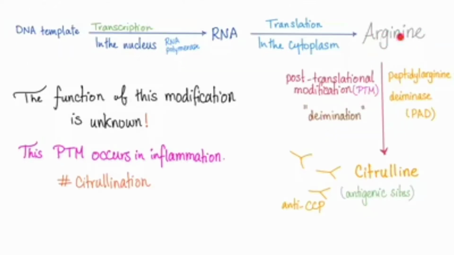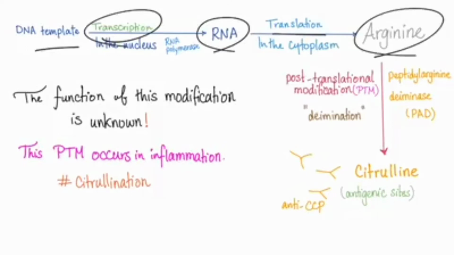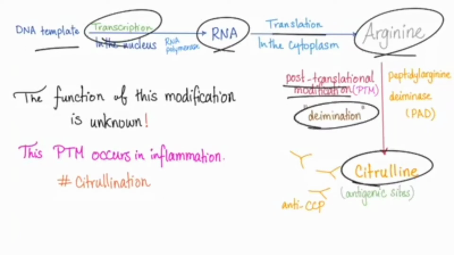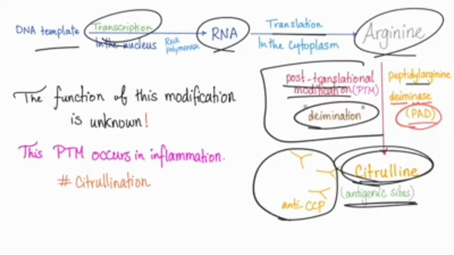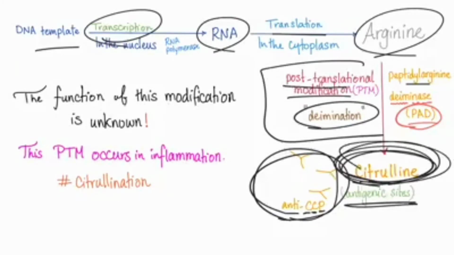Now, instead of just a faceless amino acid, let's put arginine here. And here the mature protein product is citrulline. Cool. So DNA template, transcription, now we have RNA. Translation, now we have arginine. Post-translational modification, now we have citrulline. Be specific, it's called deamination, not to be confused with deamination. I've told you post-translational modification is all about enzymes. This citrulline has some antigenic sites. Antibodies are going to attack this nice innocent citrulline, and these antibodies are called anti-cyclic citrullinated peptide, because we're talking